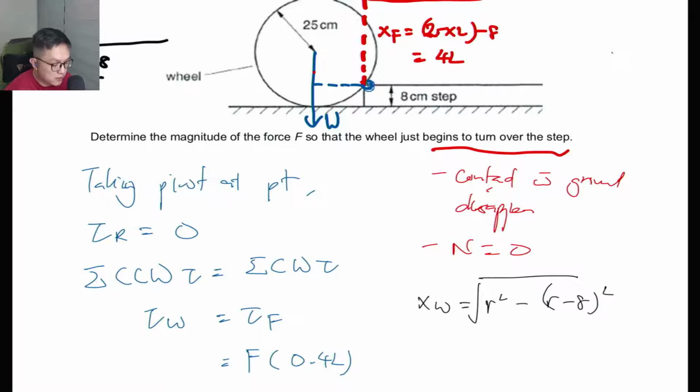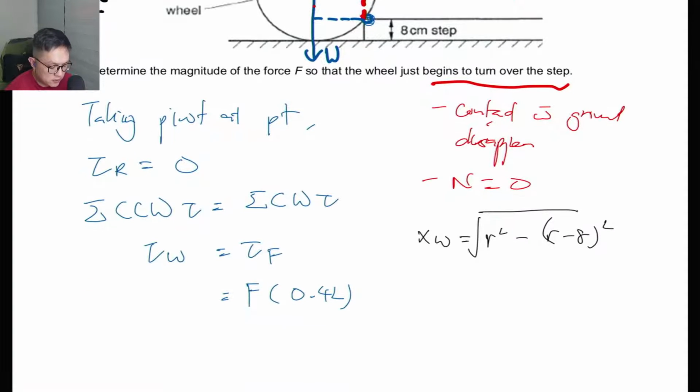Summing the values, this will become the square root of 25 squared minus 17 squared. How much would that be? 25 squared minus 17 squared is 336, square root of this, I get 18.33